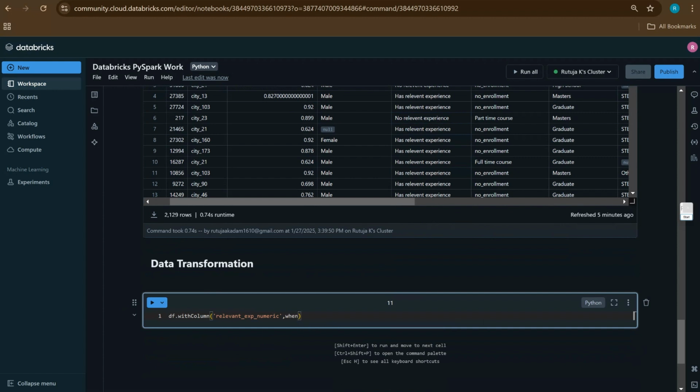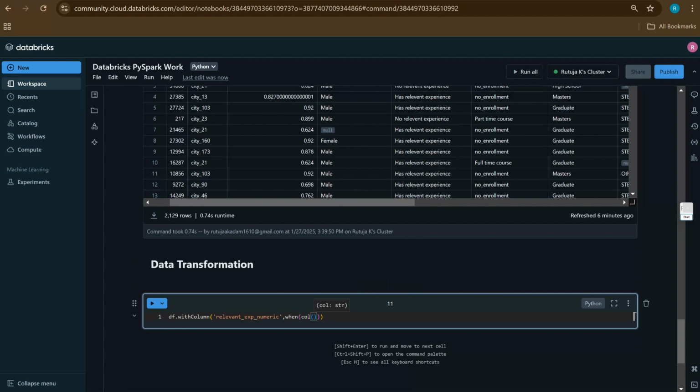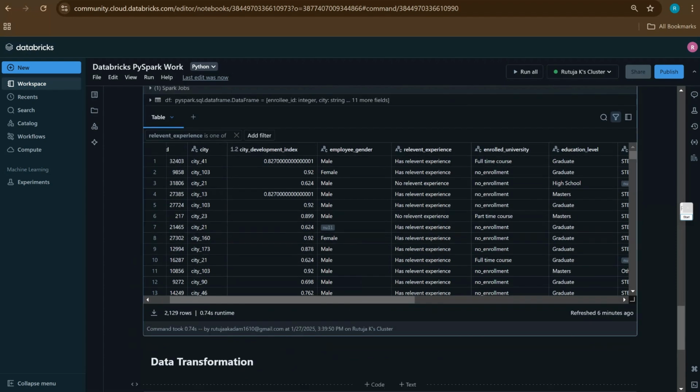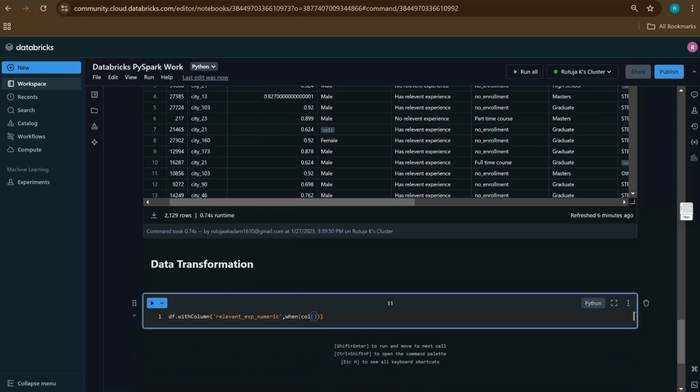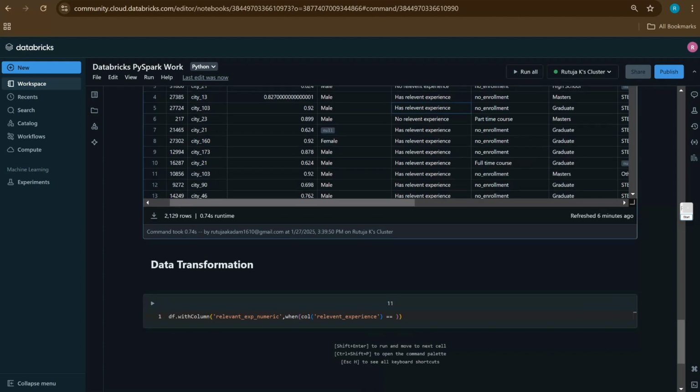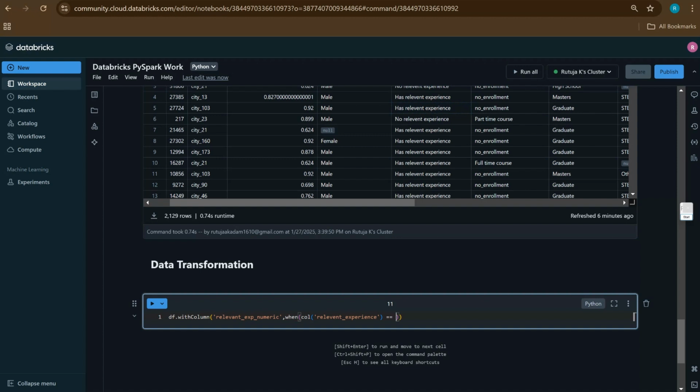So when, then round brackets, and the when that relevant experience is equal to has relevant experience, right? So for this I would like to take a column. So for that I have the col command. So I would like to take column, and then which column? This relevant experience column. So in this I'll put that column name, if relevant experience is equal to what experience we want, has relevant experience. If that text contains has relevant experience,